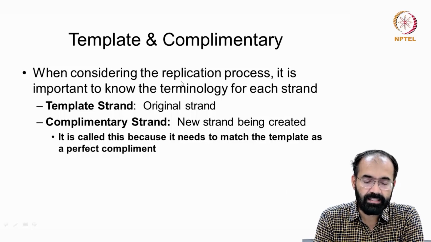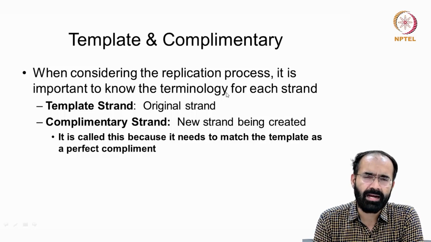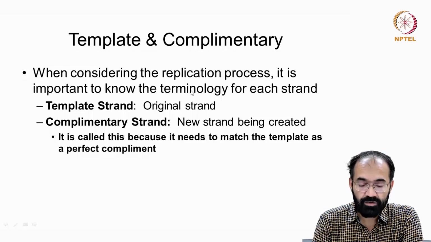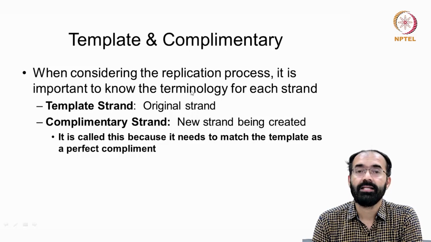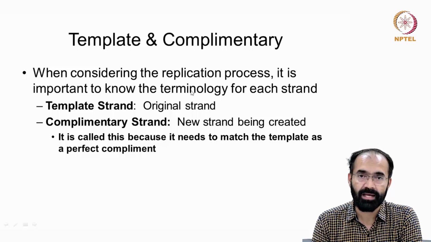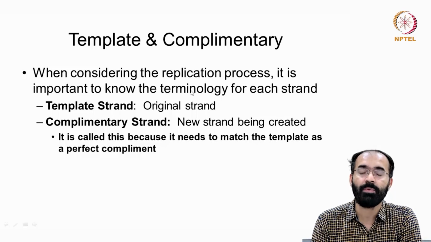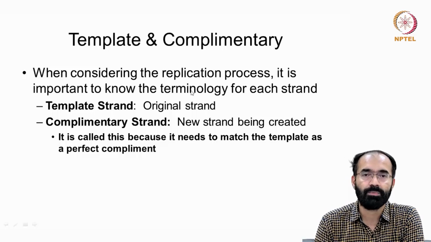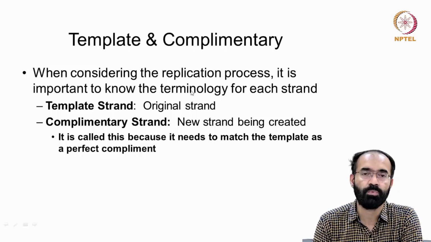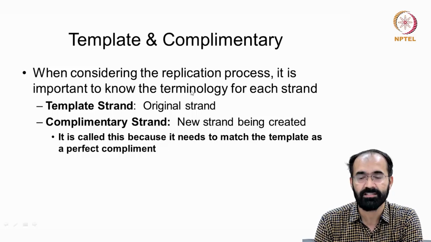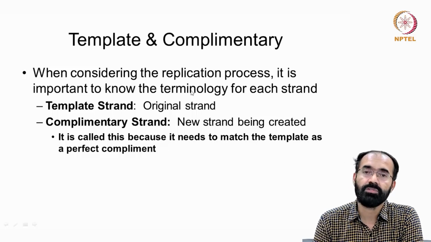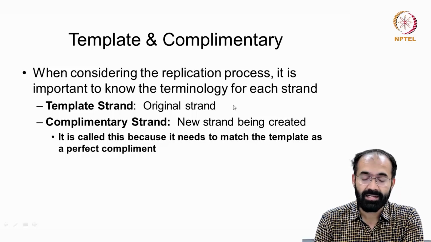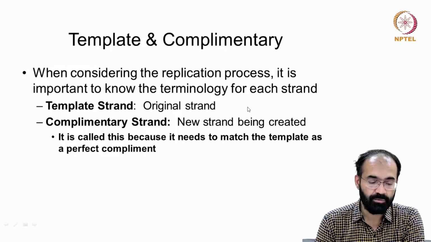When considering the replication process, whenever an RNA or DNA, whatever it is, makes a copy of itself, it is important to know that this means there is always a pairing, a region that can pair, or a sequence that is newly made while pairing onto a template. Template basically means a mold. You may have seen how people make different structures. If you have molten plastic, you can pour it onto a mold, and once the plastic solidifies, it becomes the shape of that particular mold. The same concept applies while making a new copy. You need to have a template, and the newly formed molecule will be complementary to that.